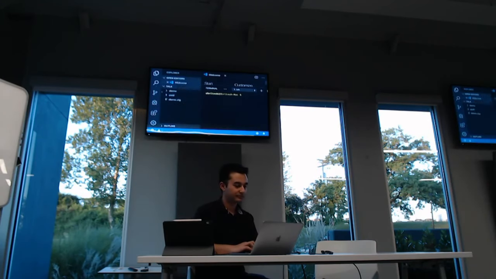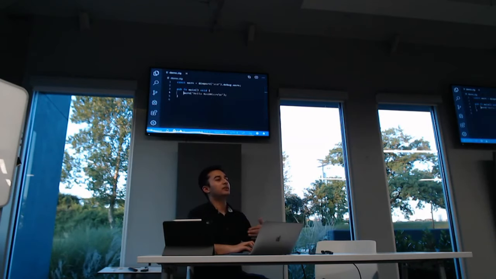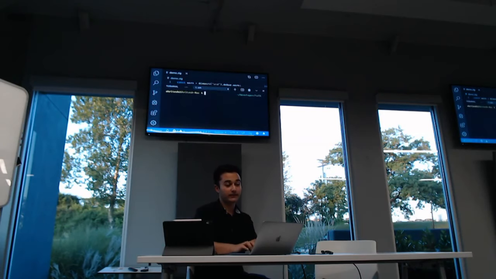If I misindent something, it will just format it when I hit save. So you get uniformity. You don't have to worry about whether you're indenting correctly; zig fmt will tell you. It's not part of Visual Studio Code, it's part of the Zig binary that we downloaded. So I could just do zig fmt demo.zig.